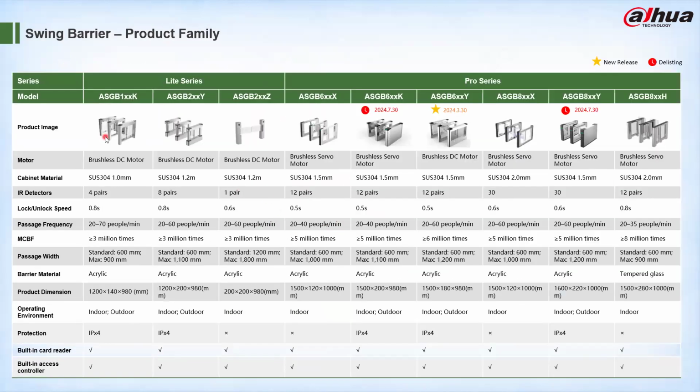So these are the product families for the swing barriers. There's so many of them. We have the light series and the pro series. In each of these, it describes the functional features for the devices. For example, in this case, you can see